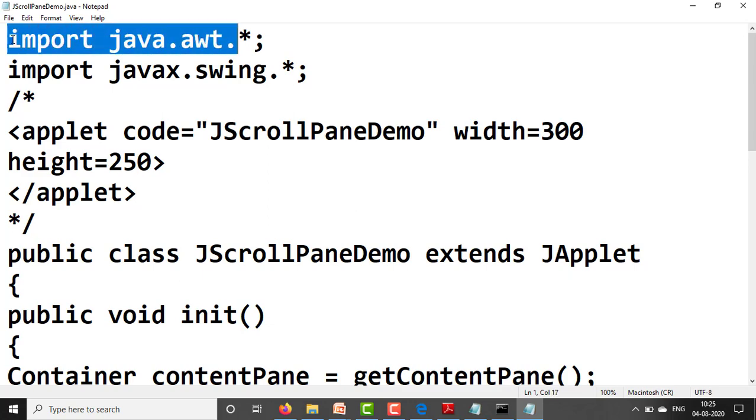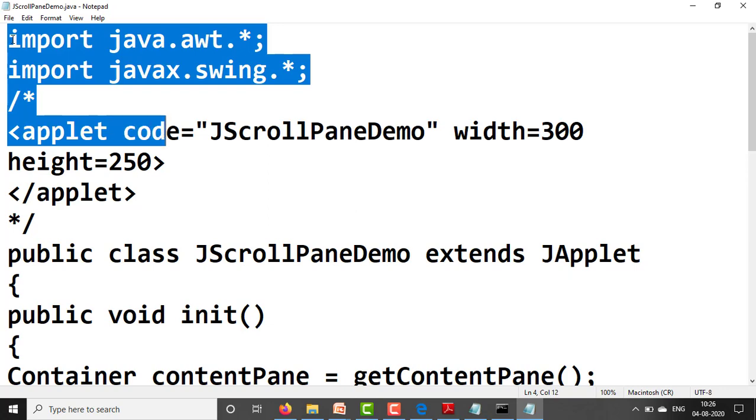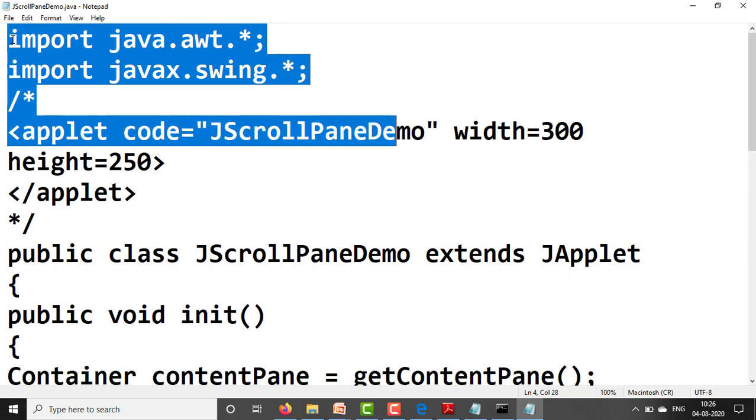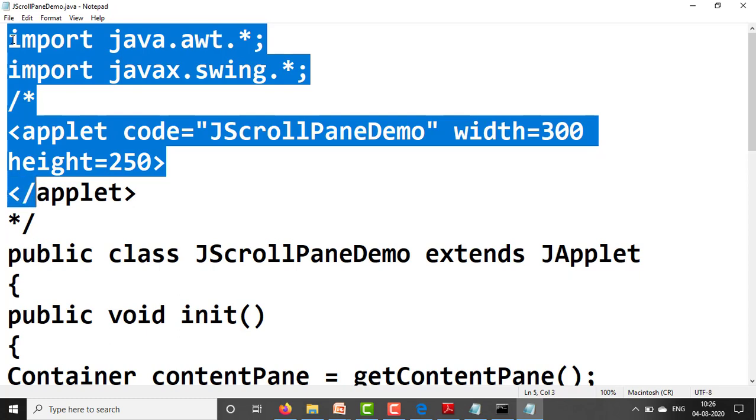Import java.awt.*; import javax.swing.*; start a multi-line comment, start the applet tag, applet code equal to JScrollPaneDemo, width equal to 300, height equal to 250. Close the applet tag, close the multi-line comment.